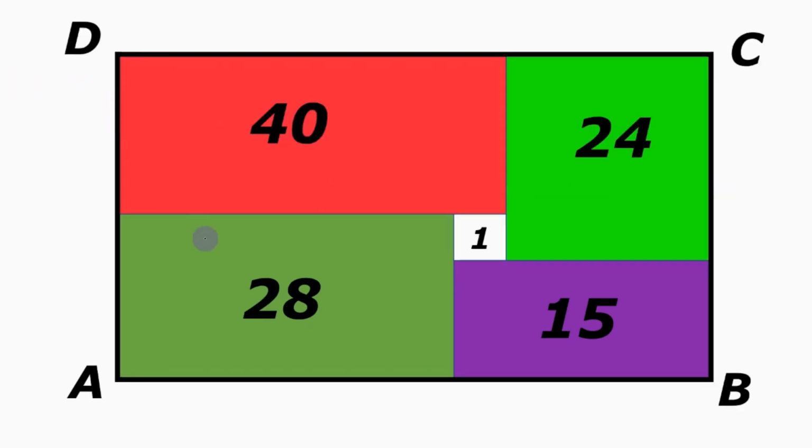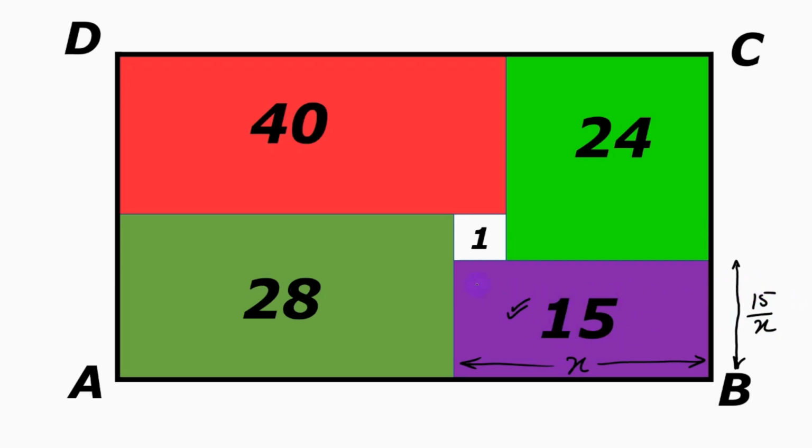The first thing we need to do is declare a variable. Let us suppose that this length is x units. Now if this length is x units and the area of this rectangle is 15 units, then we can easily state that this length will be 15 divided by x, because length times breadth gives the area of the rectangle.